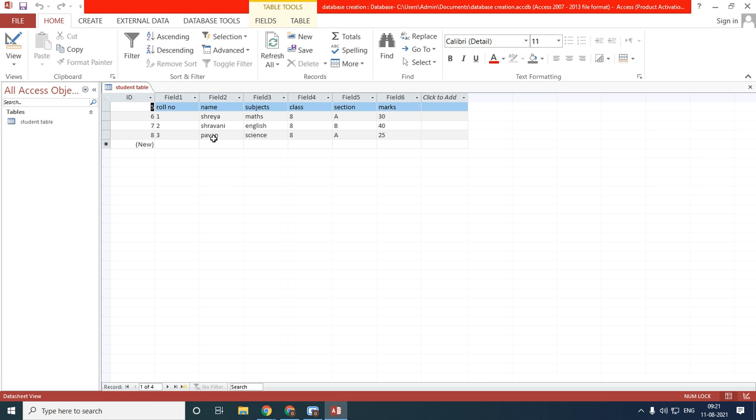Ma'am, I don't have a computer. How to do it? If you don't have a computer, don't worry. Who all are having the computers or laptops in their home, they can do. If you don't have, don't worry. I have downloaded it in my mobile. Okay, you can do it in that.